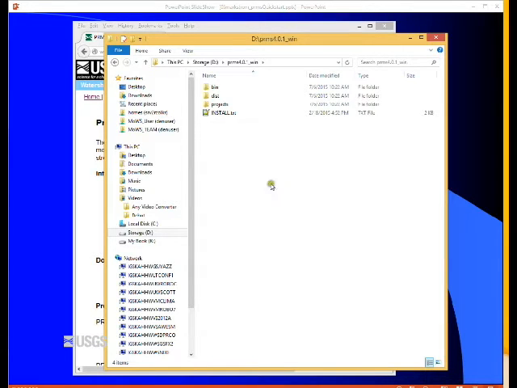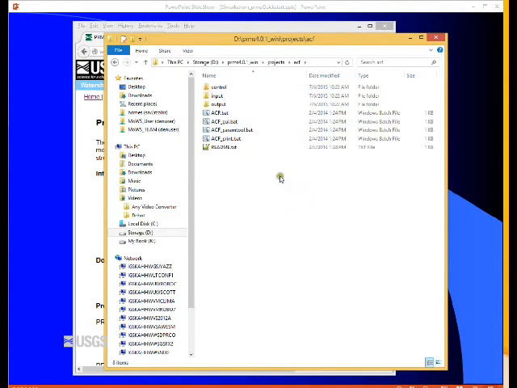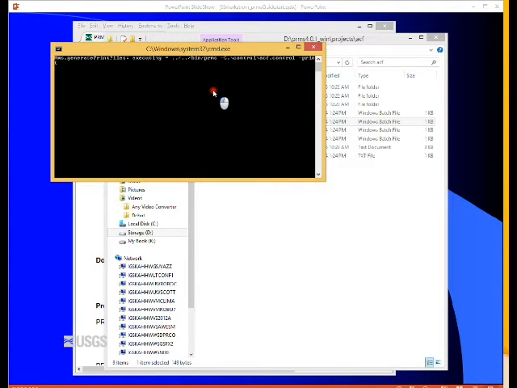What I'm going to do is go into one of the projects. And here it is, the ACF. This is the demo data set that comes with the model. If I double click on this right here, the GUI BAT, you can see it's starting up. There it is.